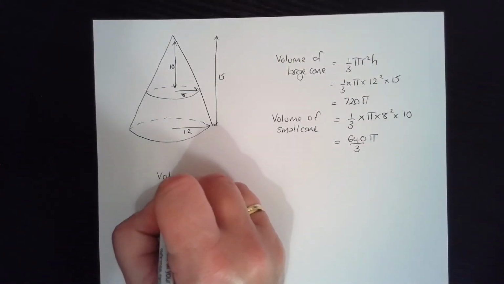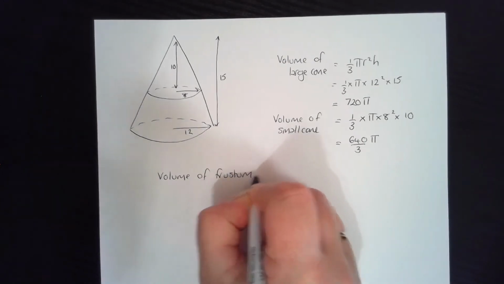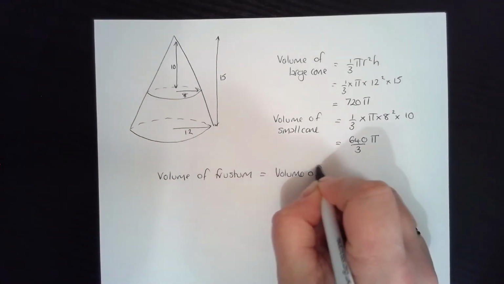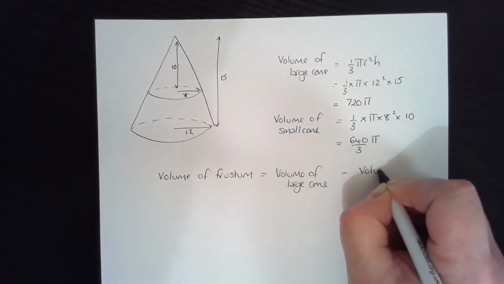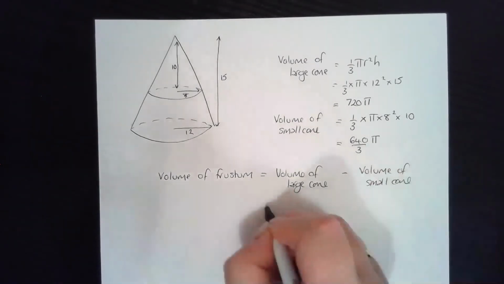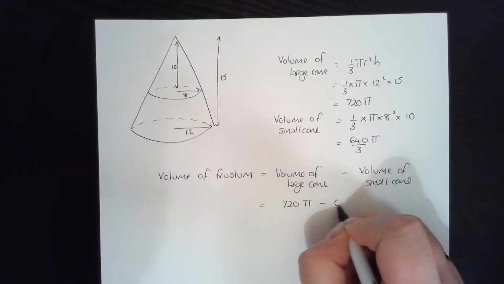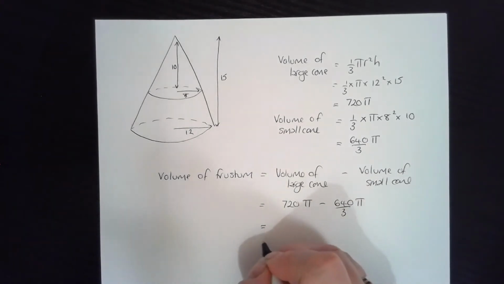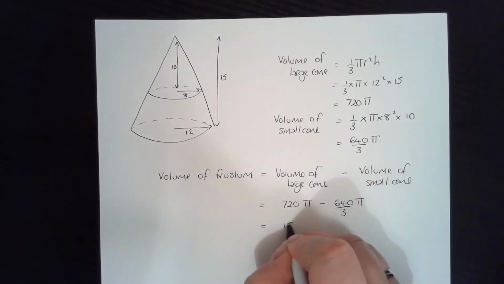So the volume of the frustum is going to be the large cone, subtract the volume of the small cone, which is 720 pi, take away 640 over 3 pi. If we were doing this without a calculator we could leave it in terms of pi, but for now put that into your calculator and that comes out as